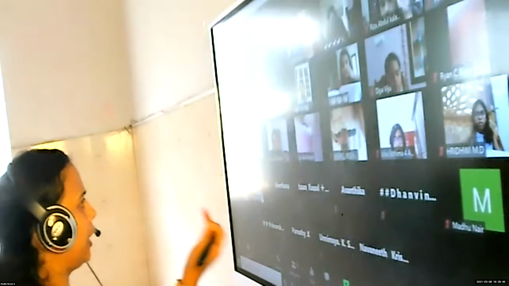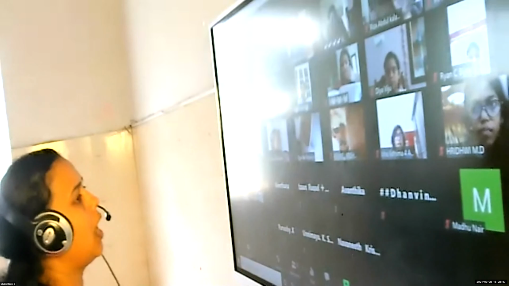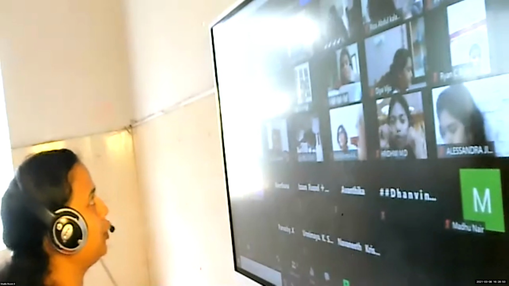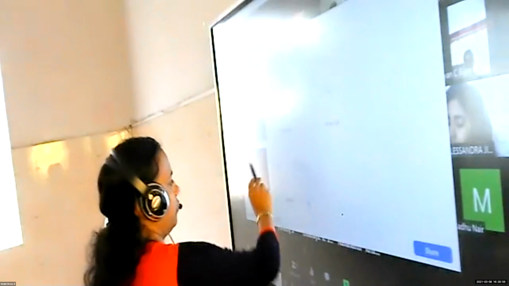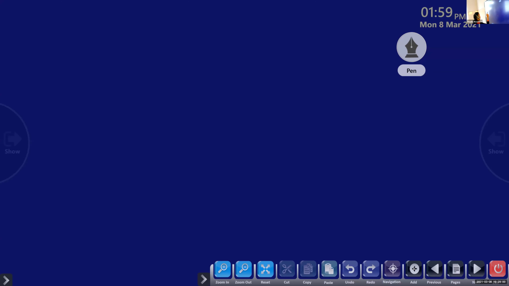So children, quickly take out your rough book. I will give you questions on how to write decimal into fraction and fraction into decimal. I think some children are getting confused again when we are taking MCQs. So here, just write the question, no need to write all this. 4 and 65 by 100. How can we write this as a decimal number? How can we convert it into decimal form?